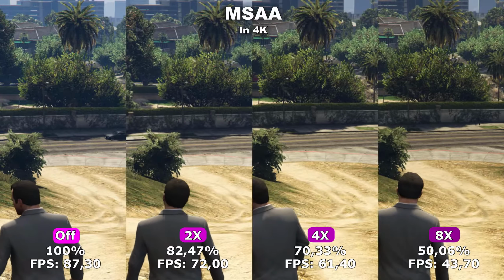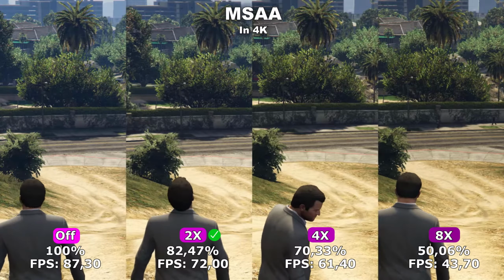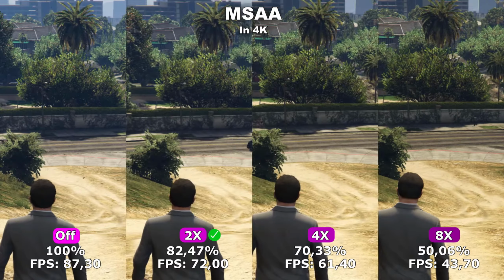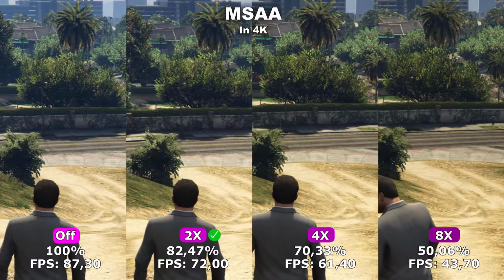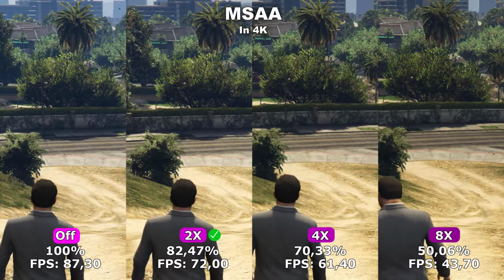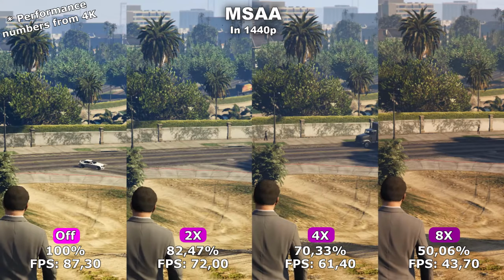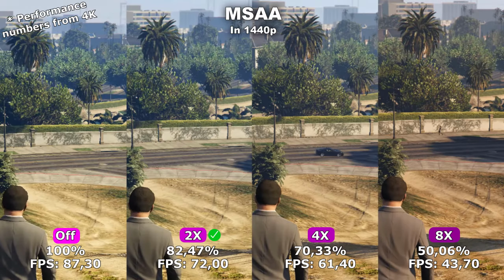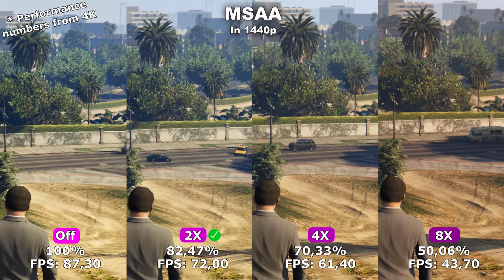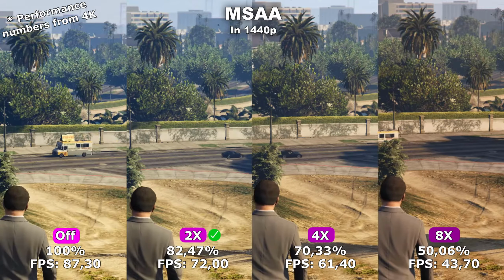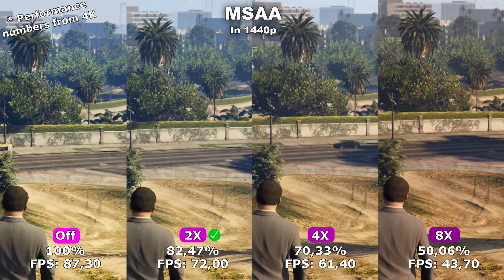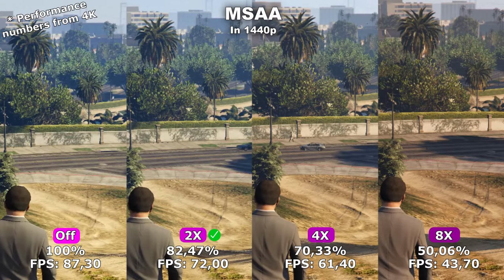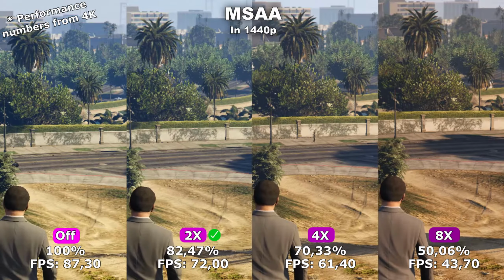Maybe not so much in the 4K, but when we later take a look at 1080p, you'll definitely be able to see a difference. For 4K, I would recommend to use 2x, because we do have a little bit of shimmering around Michael's head and body, which will go away if you enable 2x instead of having it turned off. If we then take a look at 1440p, I would actually recommend using 2x again, because at off we do have some shimmering, which seems to mostly be turned off by enabling 2x MSAA. You could also go up to 4x, but that's gonna be up to yourself. I recommend to at least use 2x.